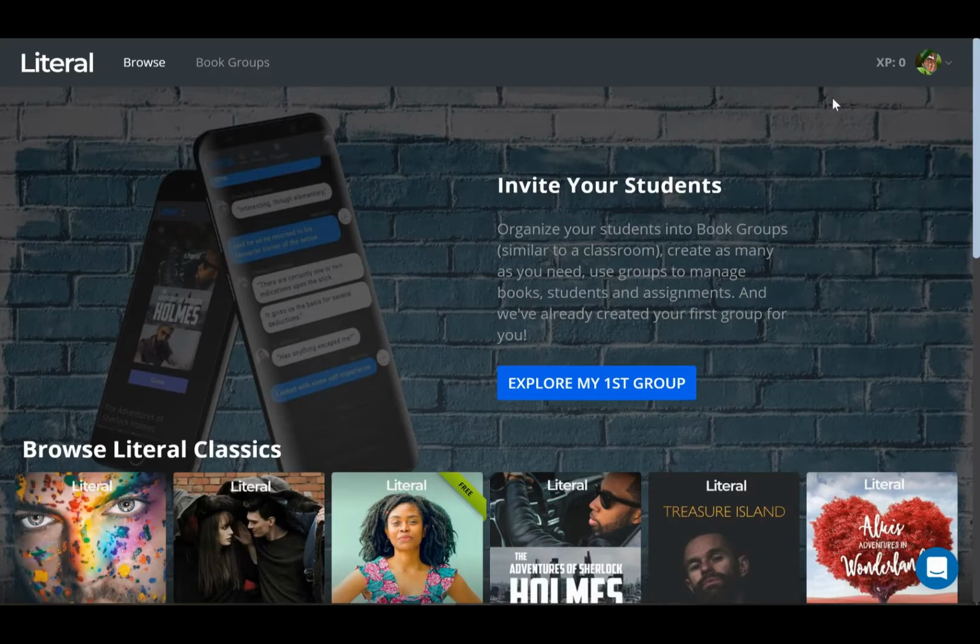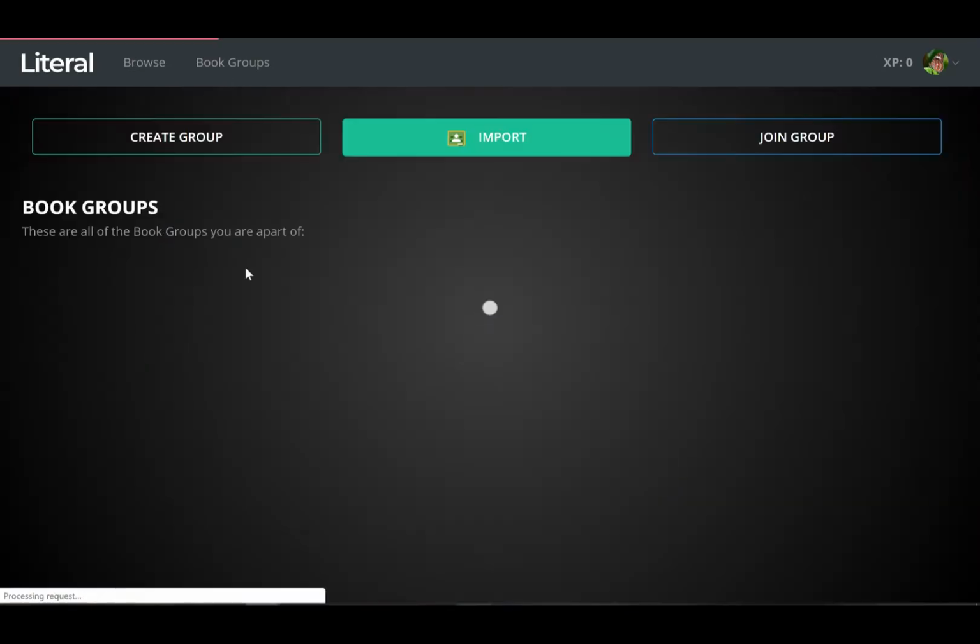Once you've logged in with your educator account, right from the home page, you could click this button right here that says Explore My First Group, and that will automatically create a group for you. So you can do that. The other option is you can go right here to book groups. Once you're in there, you're going to see that you don't have any book groups yet, so let's go ahead